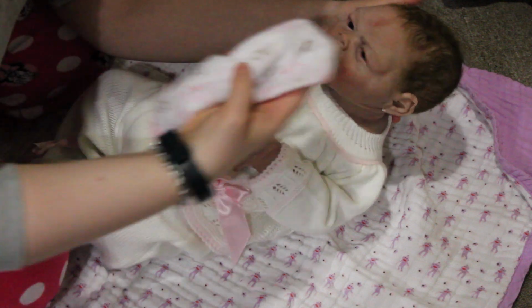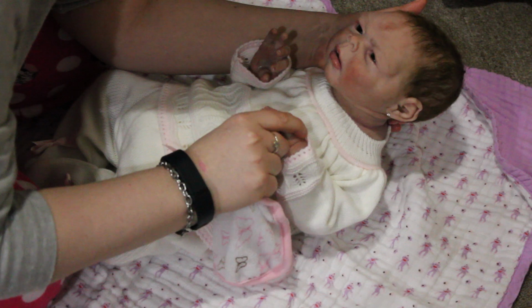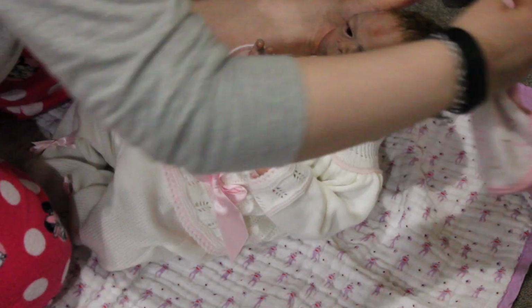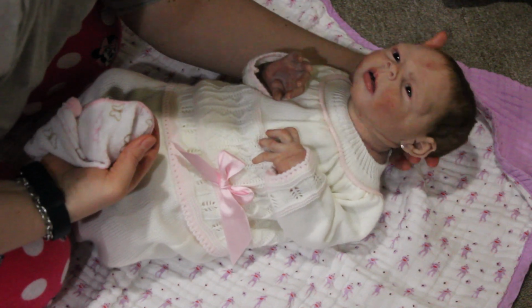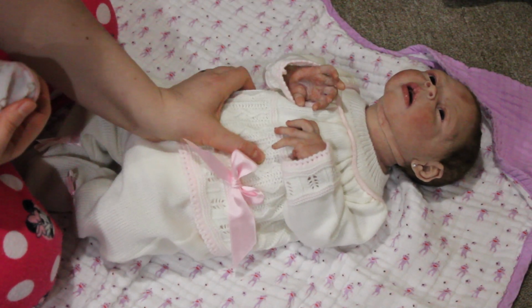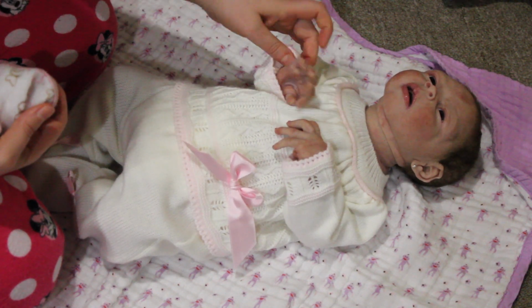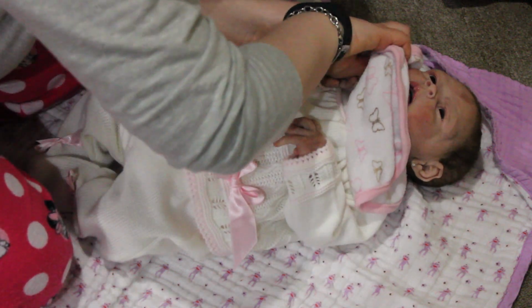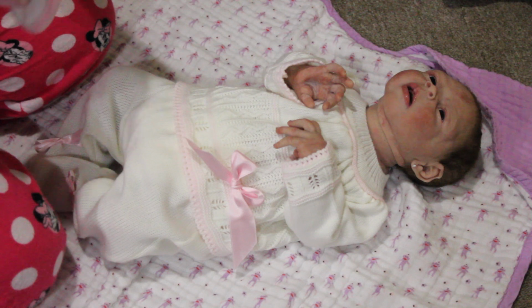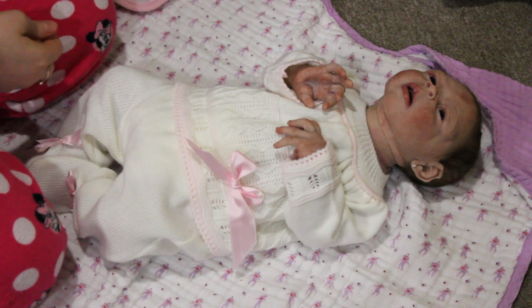And as I'm holding her right now, it's actually really hard for me to say that, because I do really love the feel of her silicone. I love when I pick up her head, and I especially love her little belly. You know how much I love that squishy belly, and I love how flexible her fingers are and everything. So I like that part of silicone. I do love the feel of the silicone, but what I've realized is silicone just is not for me,